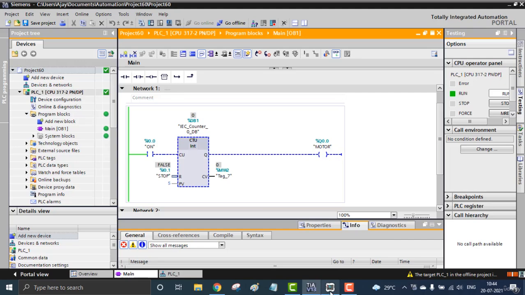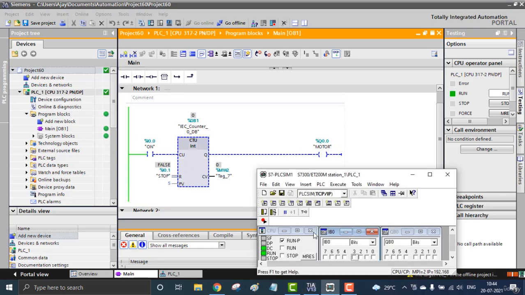So you can see I'm going to up count right here, I0.0. At 1, we are not getting the output. See, in the semantic counters, on the first pulse we would get the output. 2, 3, 4, and 5. See, at 5 we are getting the output. At the 5th count, we are getting the output. We don't need the comparison blocks in the IEC counters. That is a major difference. That counter will only provide the output after 5 pulses. That is the major difference of the IEC counters.